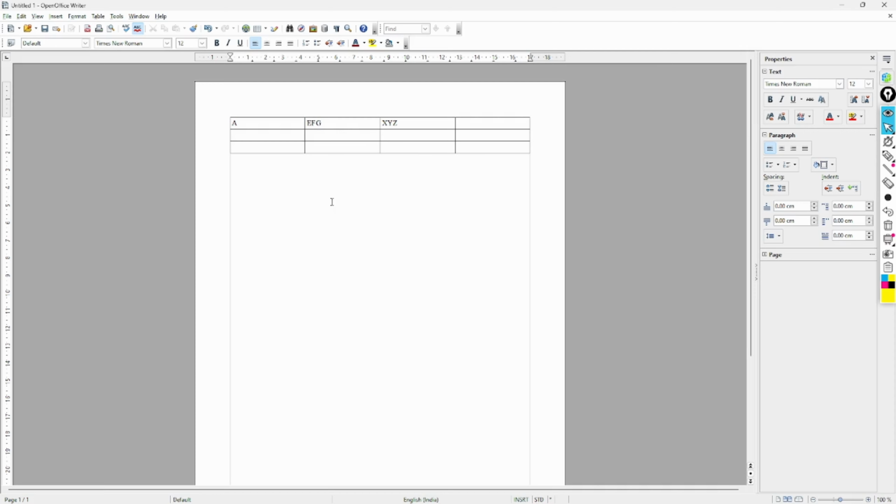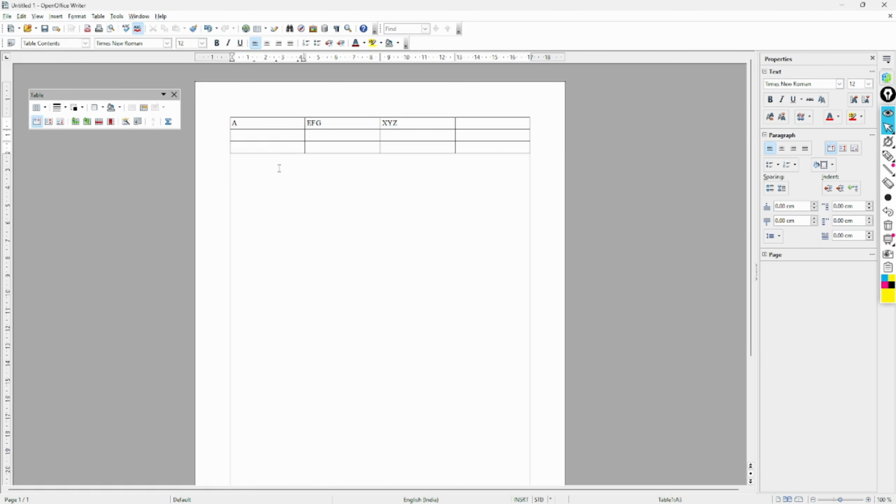Now the second one, editing complete. Now we will see how we can insert a row first. Correct? If I want to insert a row, first I need to select inside a table, not outside the table. See, if I am outside the table, here you can see it is written default. Correct? But if I am inside a table, see here, it is showing me table contents.